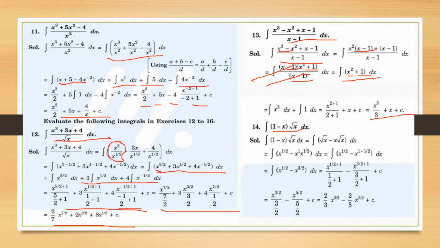So it is x raised to power half minus x into x half, that is x raised to power 3 by 2. Now integrate, it is x half plus 1 upon half plus 1 minus x 3 by 2 plus 1 upon 3 by 2 plus 1. Now arrange the denominators, like it is 2 by 3 x raised to power 3 by 2 minus 2 by 5 x raised to power 5 by 2 plus c. So it is also a simple method. But one alternative method is also there, which is linear under root quadratic, that we will take later on.